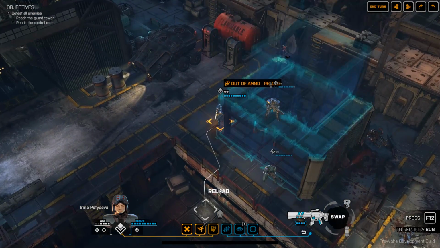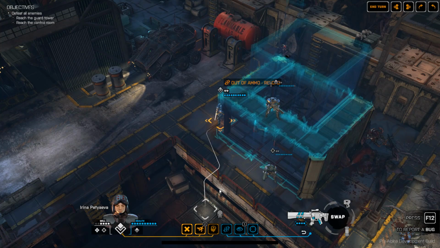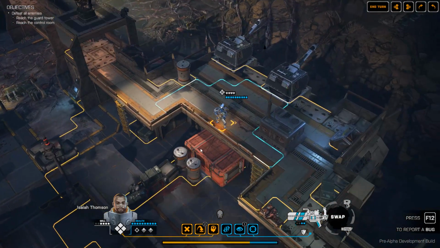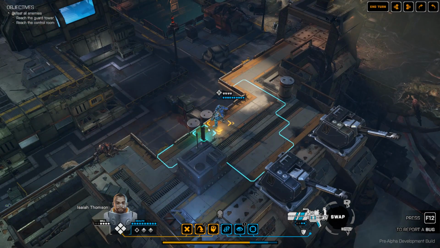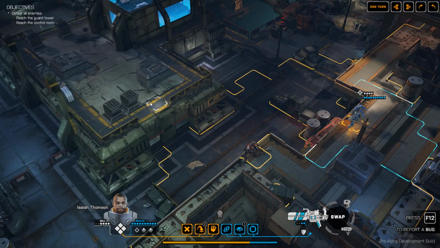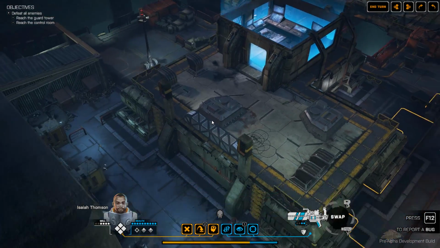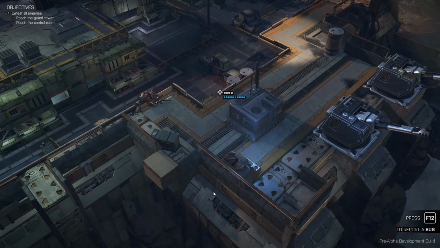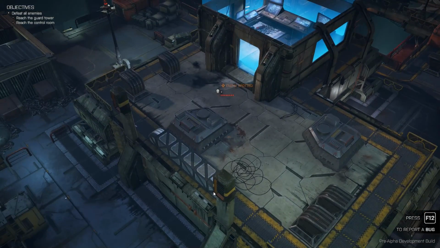Yes, you do. Spot on. That's a really good turn for Irina in that case. Right, end your actions. You still have the ability to move. Okay, probably what I want you to do then is just start moving in this direction, ready to climb up there, clear out anyone else who's on this side of the map. I probably shouldn't have you on your own, but I think we're...